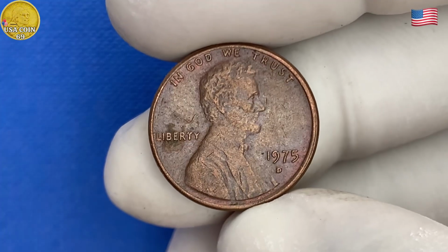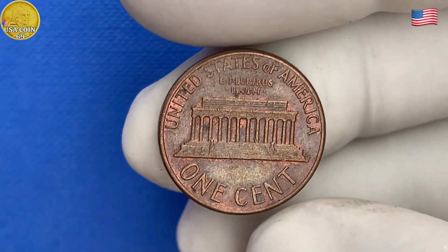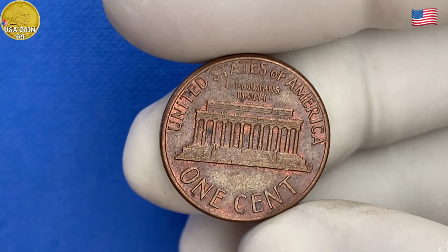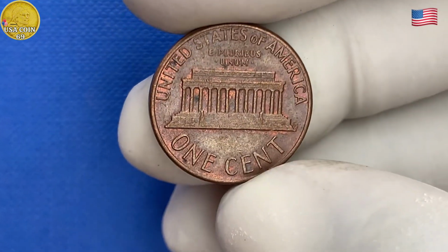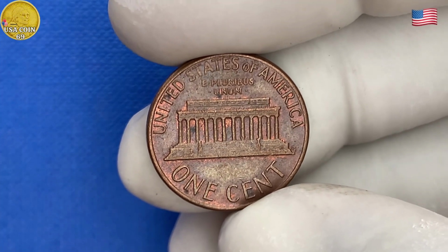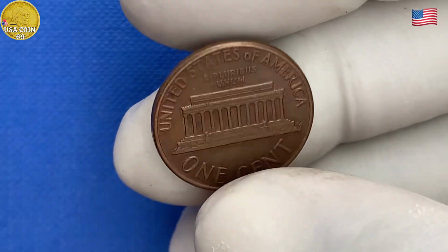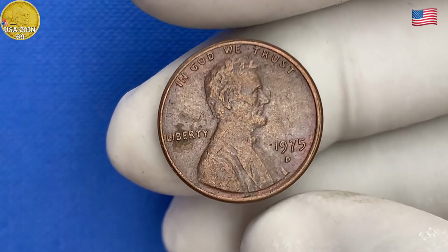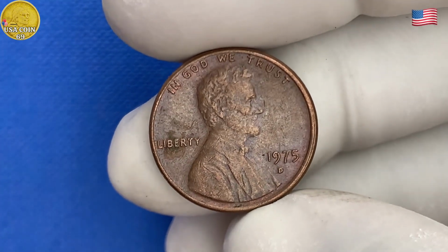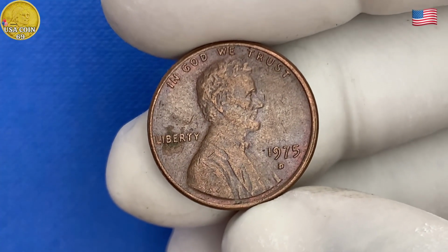What's so special about this particular penny? The key factor is the variety of the 1975 coin known as the double die, or the 1975 double die penny. This occurs when the die used to strike the coin is misaligned, creating a doubling effect on the design elements, including Lincoln's bust, the date, and other features on the coin. This kind of error is rare, and when collectors find one in good condition, they're eager to add it to